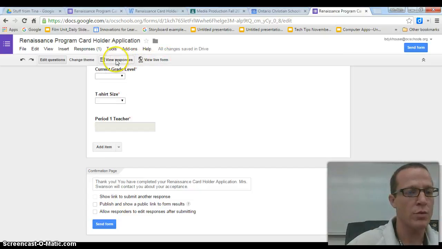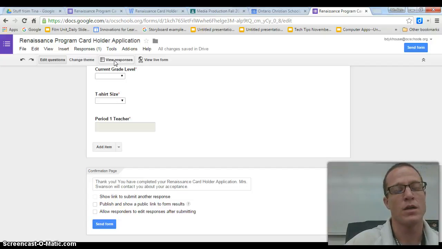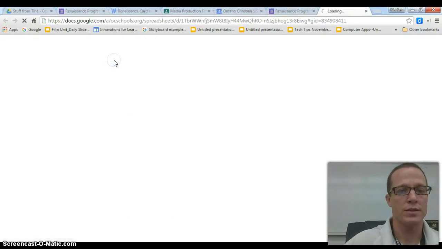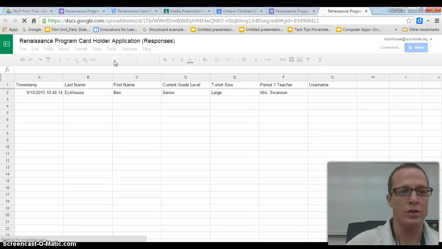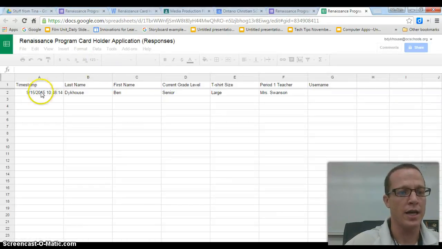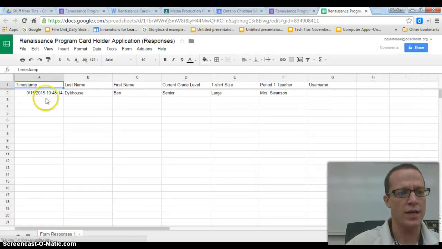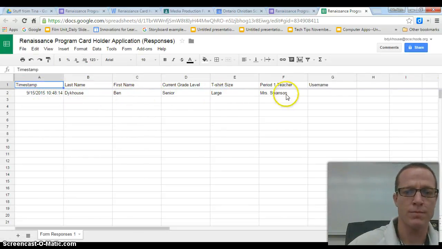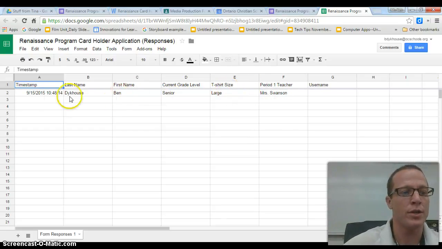So the last thing I want to show you is what it's going to look like when a student finishes the response. I'm going to click on View Responses, and it will take me to a Google spreadsheet that gives a timestamp. So I just filled that out. And here are the things that I filled out. So, Mrs. Gallagher, as you go through and you check their application, what you could do, and this is what I would suggest,